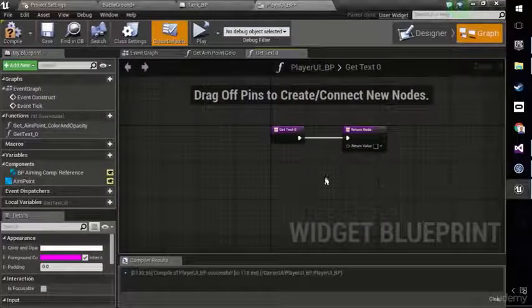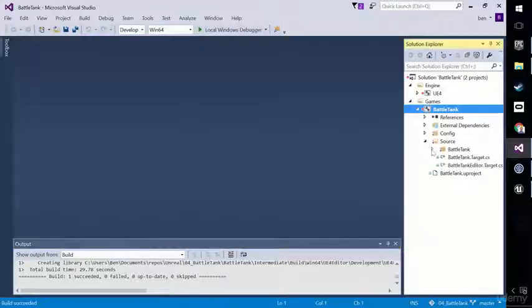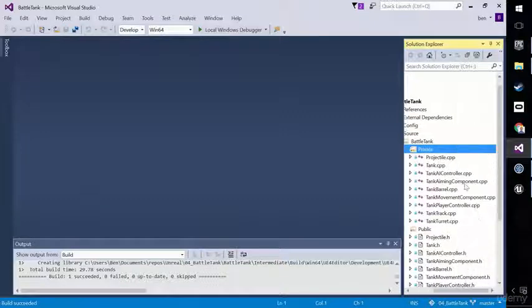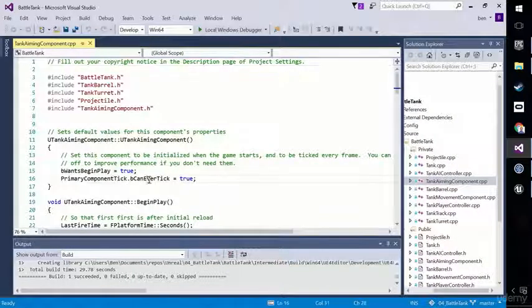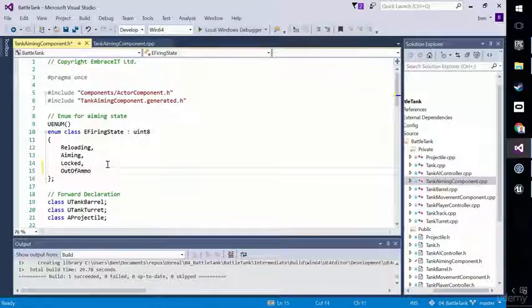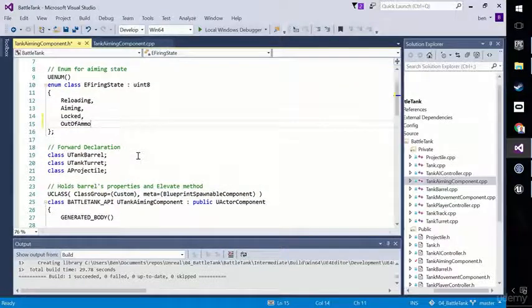Hey, welcome back. So in order for this to work, we're going to need to go ahead and open a couple of files, of course, and it's mainly going to be the tank aiming component. And let's look at the tank aiming component header file. So I'm going to make myself an out of ammo enum state while I'm there because, well, we want to